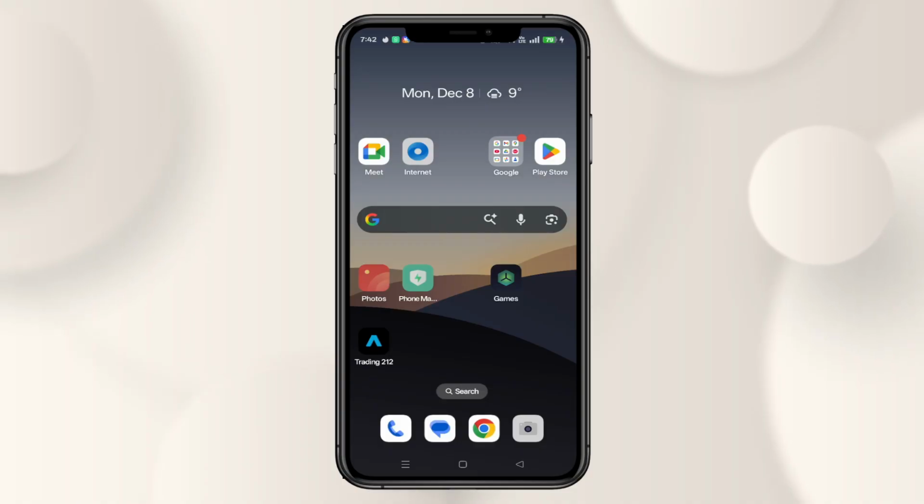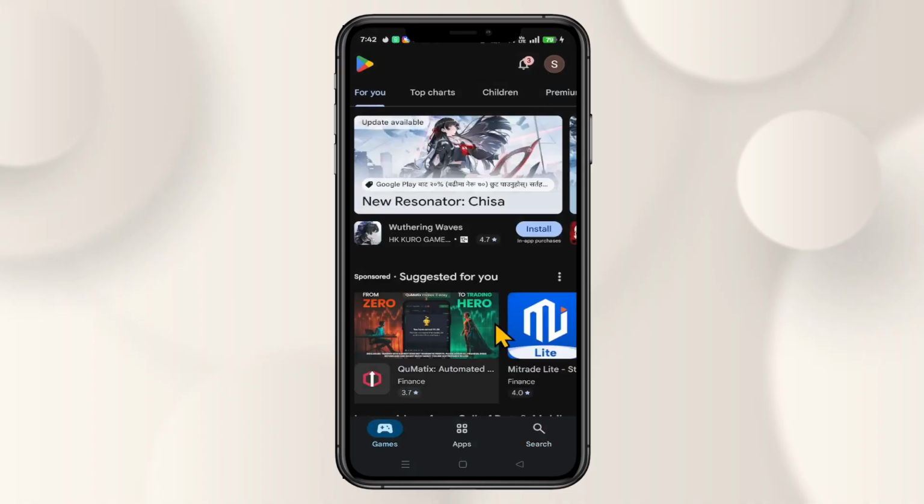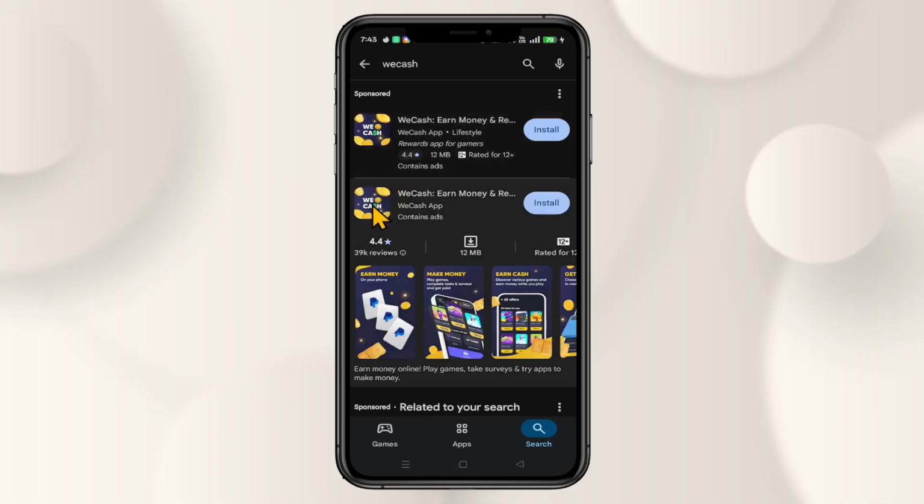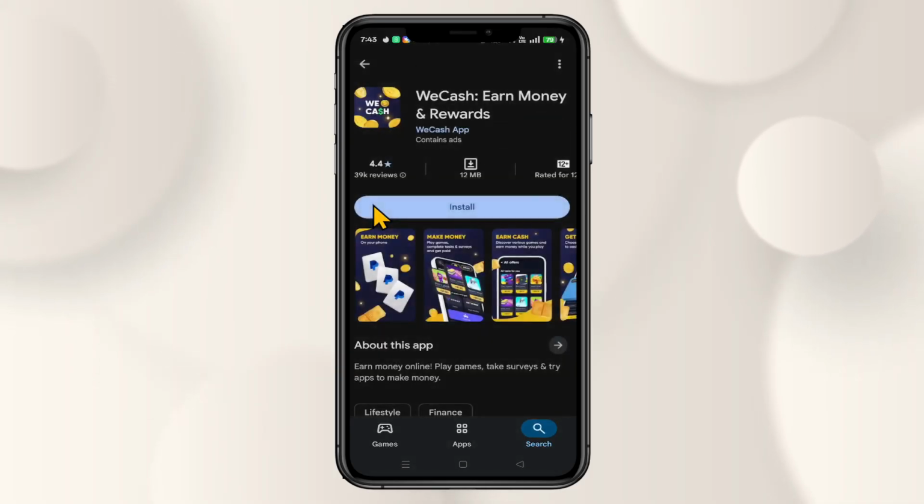First of all, open up the iOS App Store or the Google Play Store depending on your device. Then once you open it up, you can tap on the search box and then just type in Wecash to begin your search. Once you find the Wecash application, go ahead and tap on it and you will see the